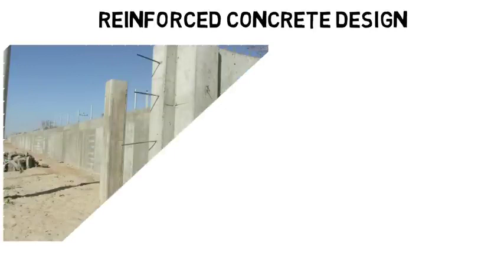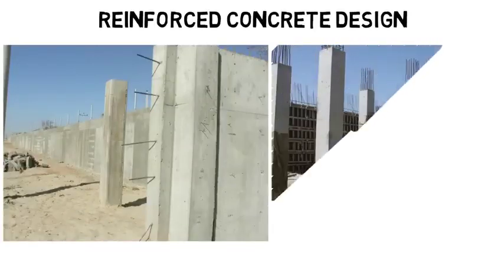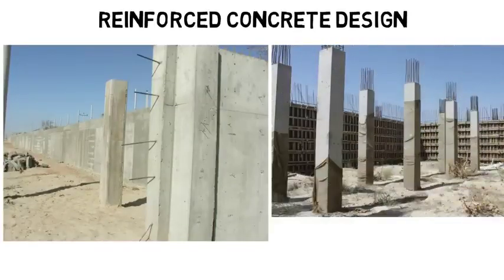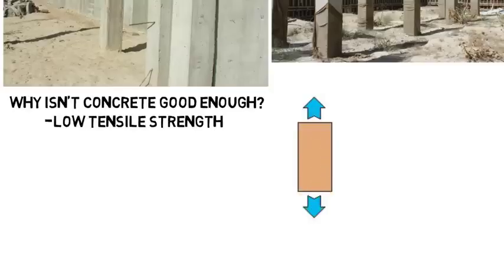One class that would be important for structural students is a reinforced concrete class. In concrete structures, they reinforce it by putting steel beams in the concrete. We can't see those beams, but here, before construction is done, you can see them sticking out, or you can see a lot of them on these unfinished columns. So why do they do this? Why isn't concrete good enough? Well, concrete alone, once hardened, has low tensile strength, as in it does not handle being pulled very well. However, it's okay with being compressed.